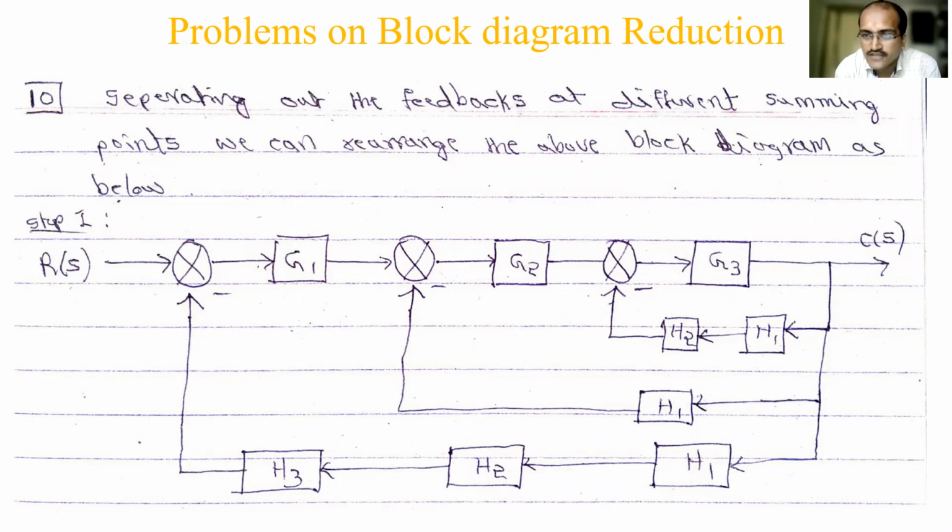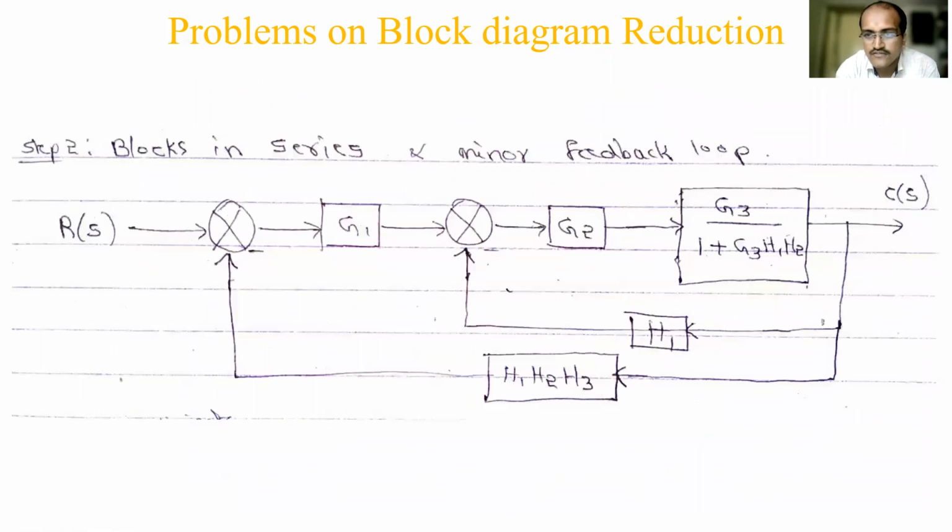So in the G place you have G3, divided by 1 plus. Why will plus come? Because here the minus sign is there. In case plus was there, 1 minus would come. Here the minus sign indicates negative feedback, so in the denominator it will be 1 plus. Then G into H is there in your formula. That G is again the same G3, and in the H place you have H1 into H2, because it is series. That's why your new value is G3 divided by 1 plus G3 H1 into H2. I hope you got this.